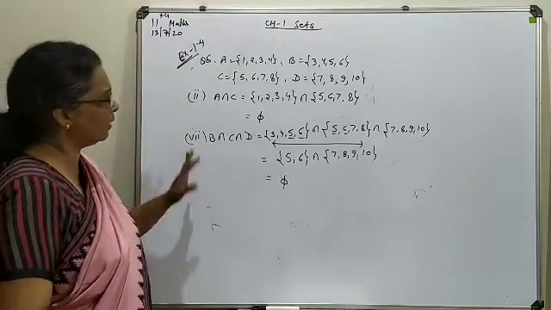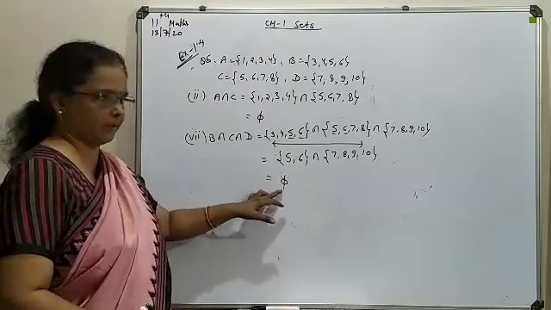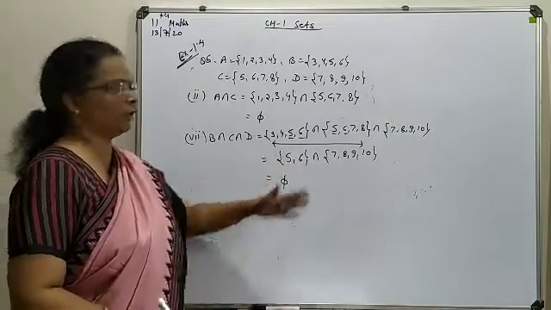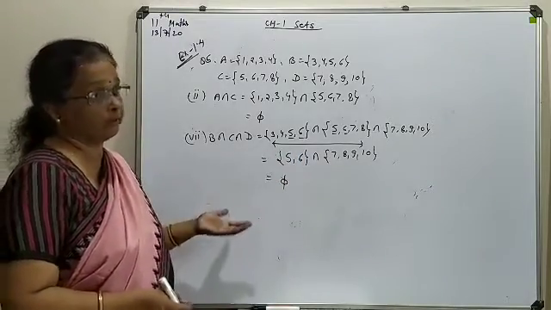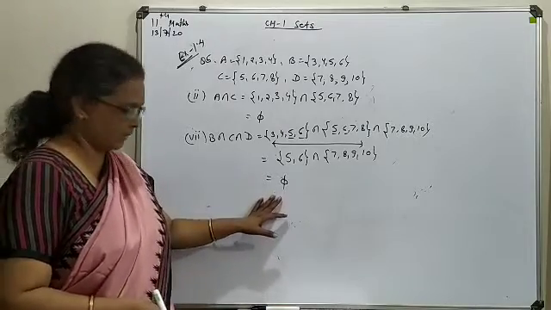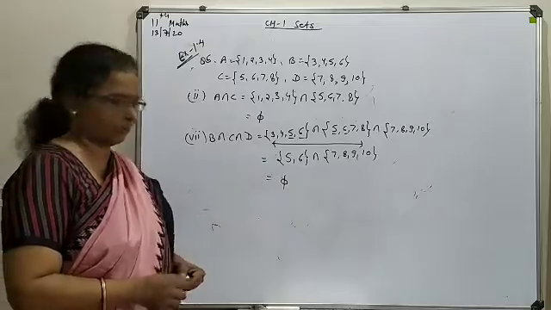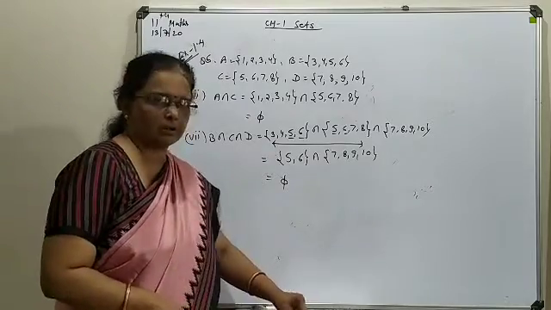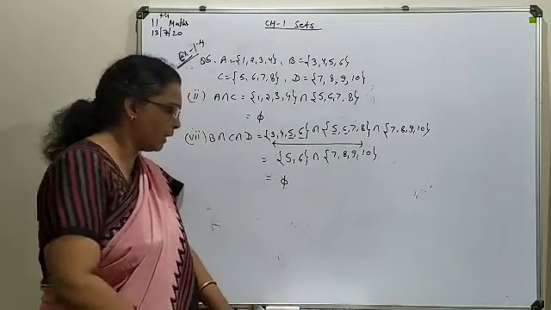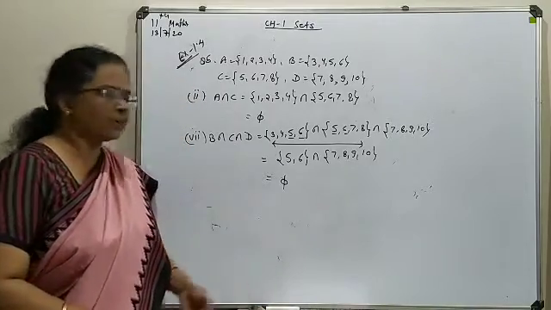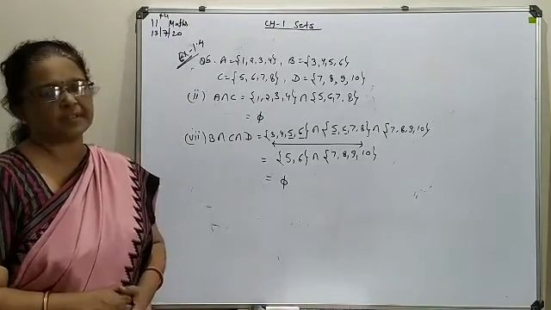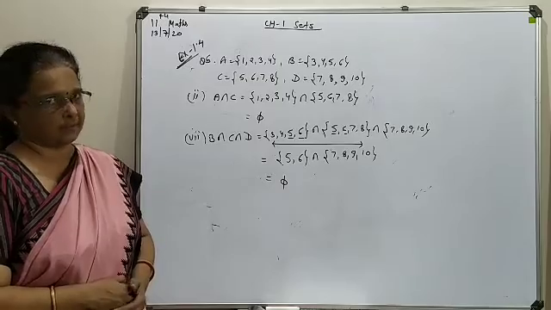It is not necessary that every time you will have the answer as a null set. If you have 1 or more than 1 common element, you can write it in the answer form. So I hope this intersection and union are clear to you. Try to solve some of the questions from exercise 1.4. In continuation, we will make some more solutions regarding difference and disjoint sets. Thank you.